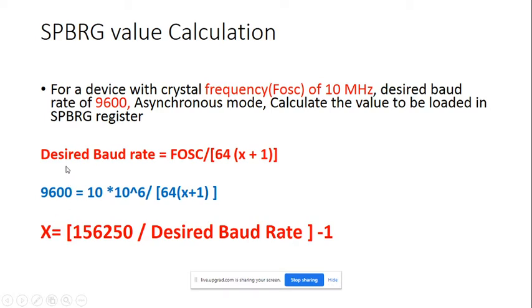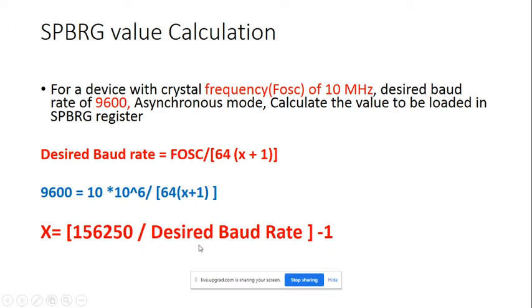Taking the formula, desired baud rate is equal to F oscillator upon 64 into (x plus 1), so 9600 is equal to 10 megahertz upon 64 into (x plus 1). Here all things are known, only x is unknown. We take it out. The formula becomes x is equal to 10 megahertz upon 64 times 9600, that is, 156250 upon desired baud rate, minus 1.